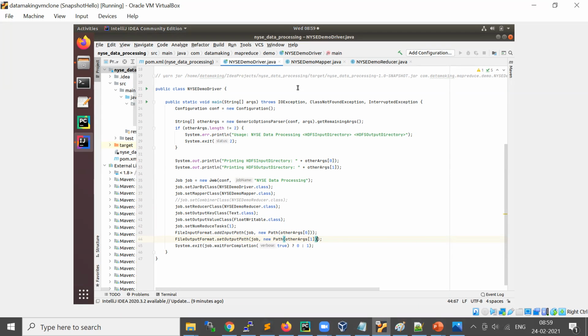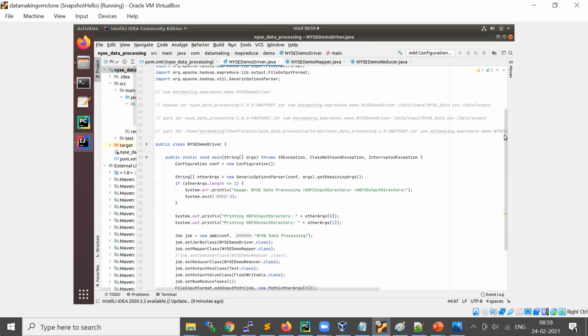In the Java world, the Java runtime understands only class files, which are intermediate code. This is high level code which humans can read, but the JVM, Java Virtual Machine, cannot understand it. It has to be converted into a class file in the form of intermediate code so that the JVM can understand it.